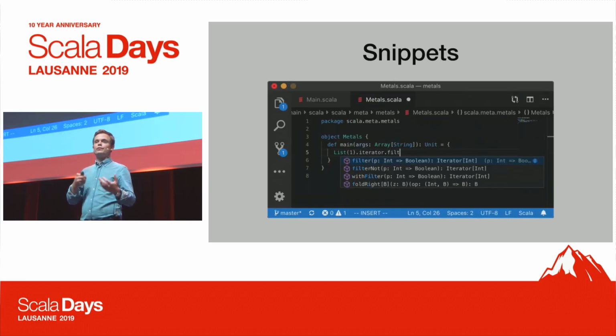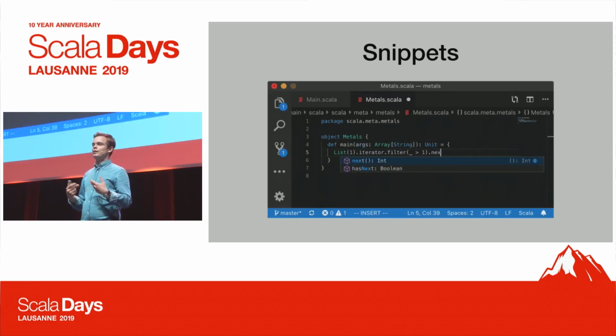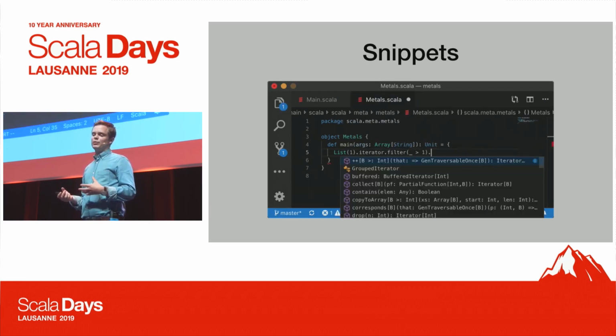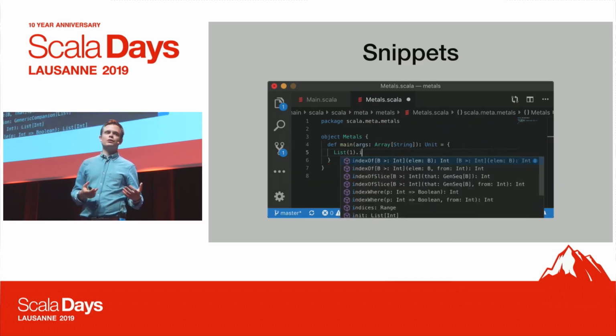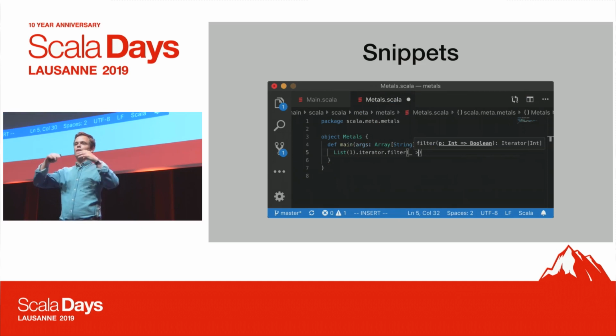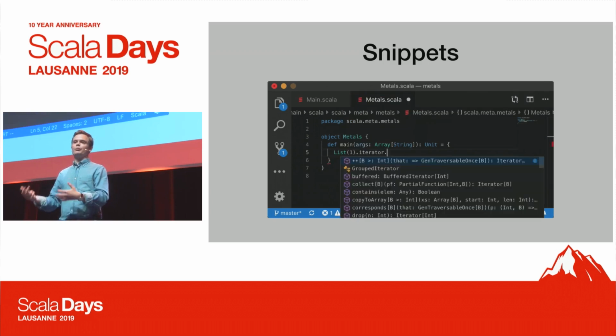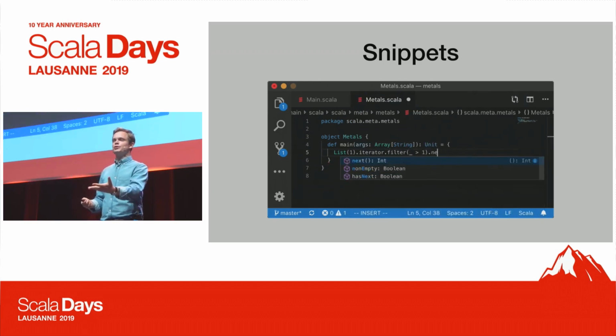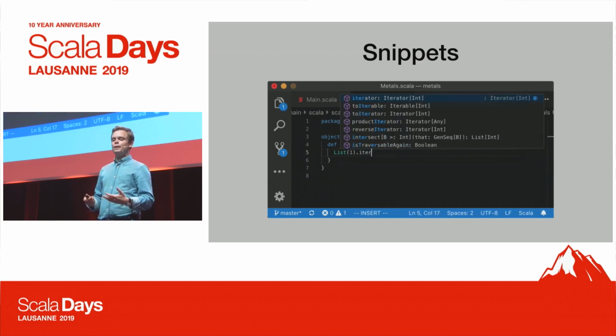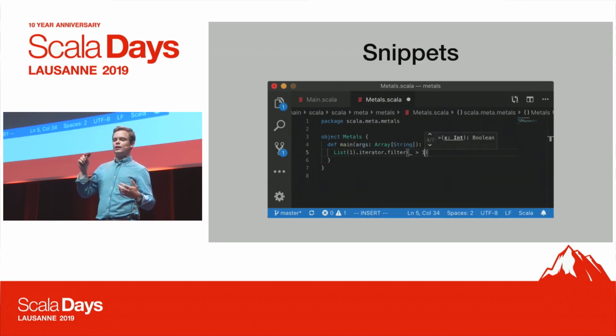So I'm going to go through quite a few of the pieces that we do to make that experience richer. And the first one highlights also that the presentation compiler shouldn't really even have these features, because these features require an editor, because you perform refactorings. We can explicitly move the cursor. There's all sorts of things that would be really difficult to encode in the library API of the presentation compiler. Essentially, it just gives you a list of symbols, and it's up to us to figure out what to do. So the first one is when you press enter and you select an item, you can say, this is the refactoring you should perform on the document.